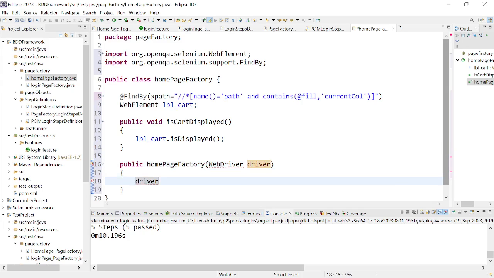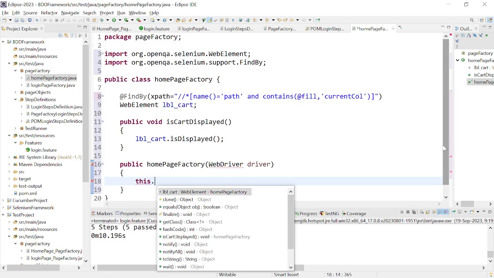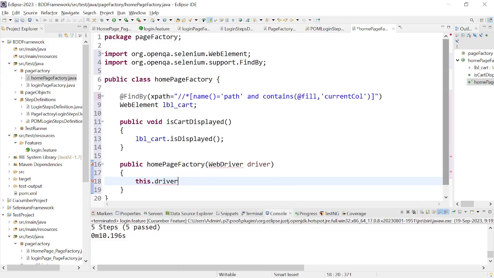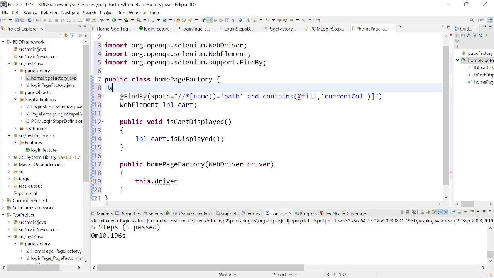And here we will use again, similar to the login page, driver. Let me just import this driver also, and here we have not used driver, so we have to declare it first. Driver. Okay, so this driver equal to driver